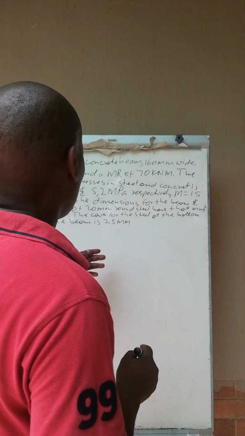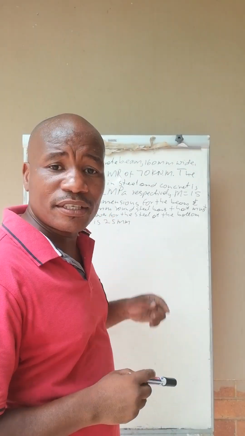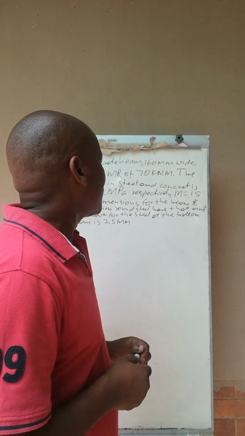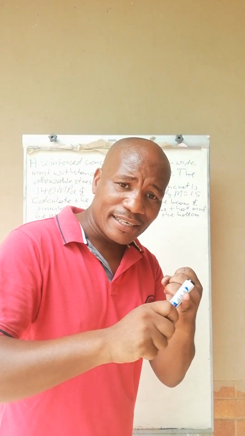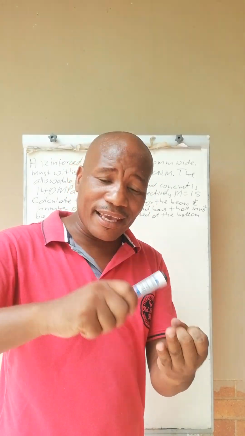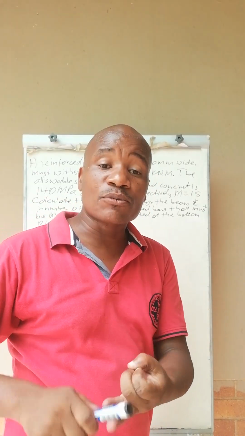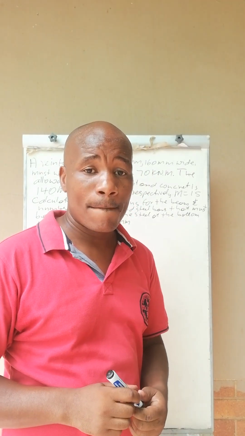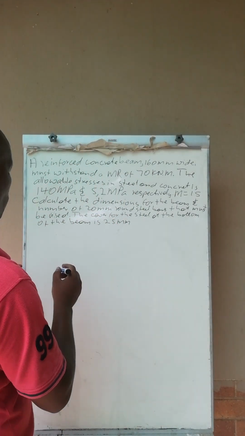Now, the fact that the position of the neutral axis is also not given, we have to calculate the equations for the design factors. That is n in terms of d, and la, the distance between the forces, in terms of d as well. And it equals what? It equals, let's say